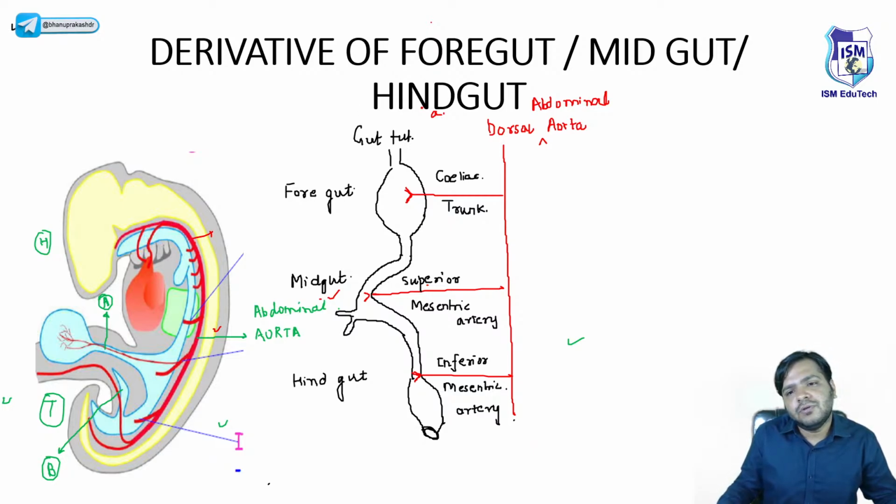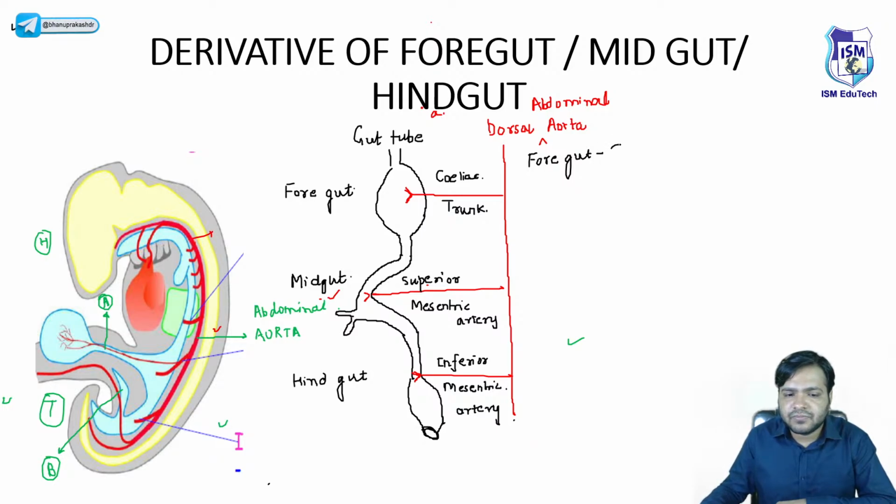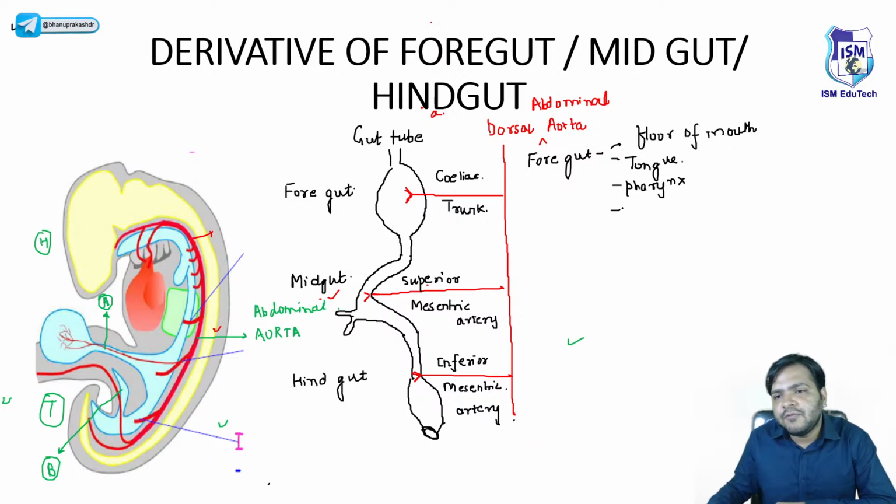Now when we talk about the parts of the foregut, तो ये साथ में लिख लेना बेटा कि foregut basically what it will form later on. It is the floor of the mouth. Okay, it will form the floor of the mouth, it will form the tongue, it will form the pharynx, it will form the palate, it will form the submandibular